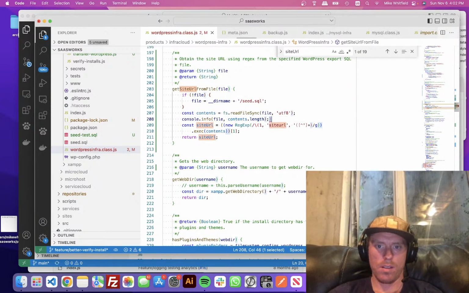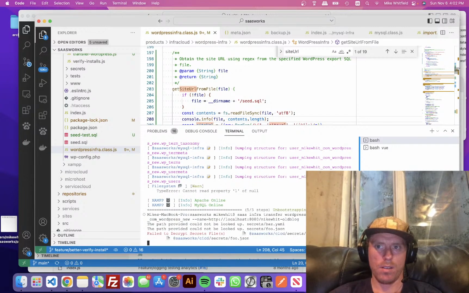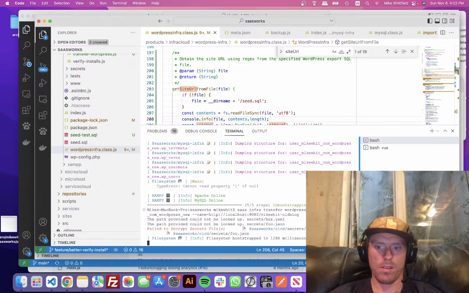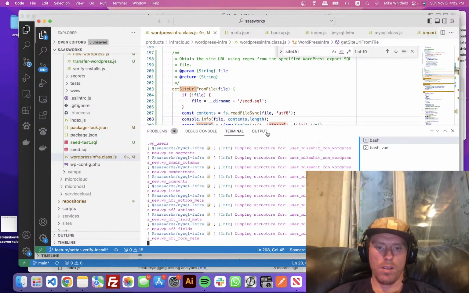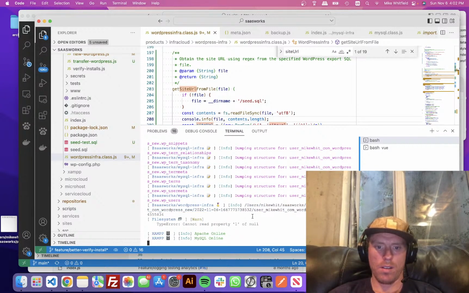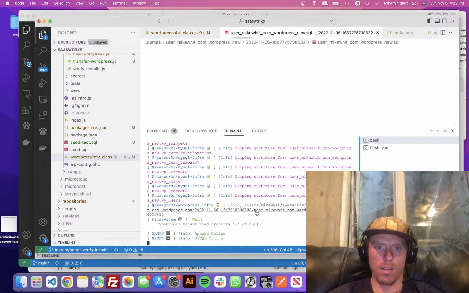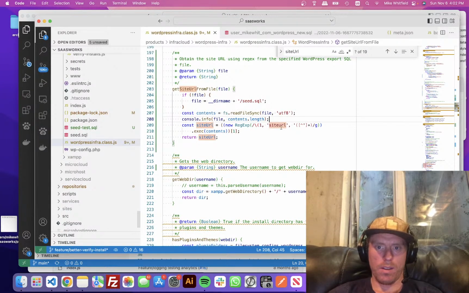Try again. Okay, so it's getting the file, and then probably the regex is failing. So site URL is where it's failing, and then